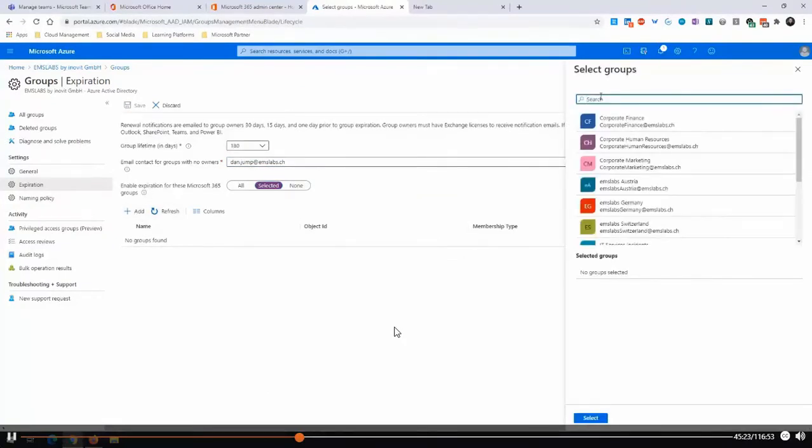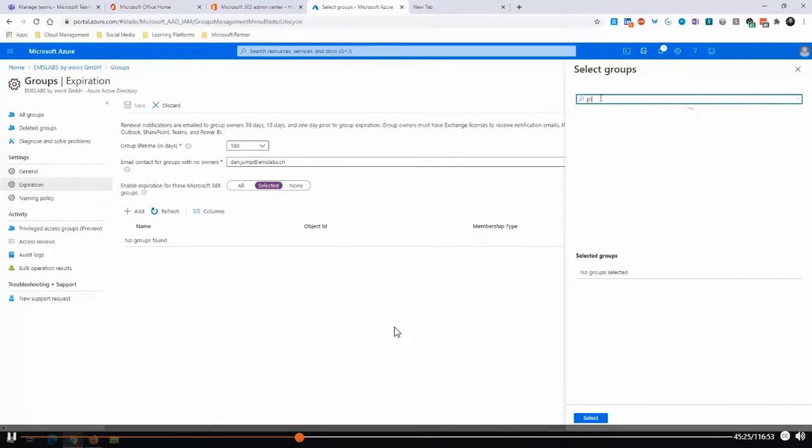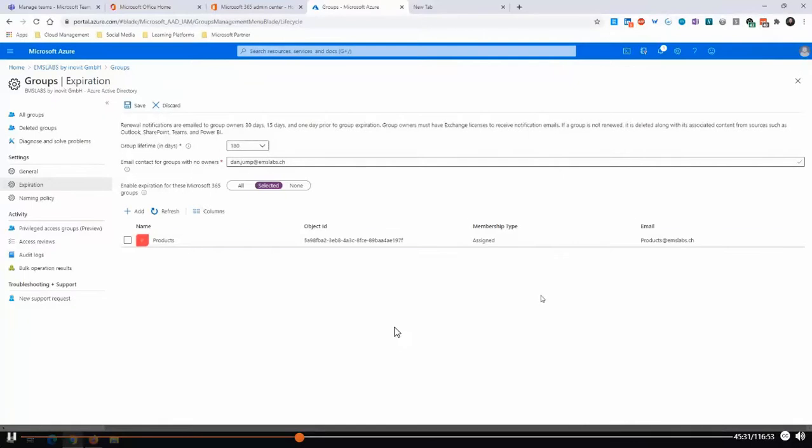Let's say this is for our products Microsoft 365 group. So here in this case you can basically see that we have this capability of expiration on the group side to say, okay, what's happening? That should be a renewal topic. Do we need this group further? That's the basic stuff what we can do here inside of this scenario.